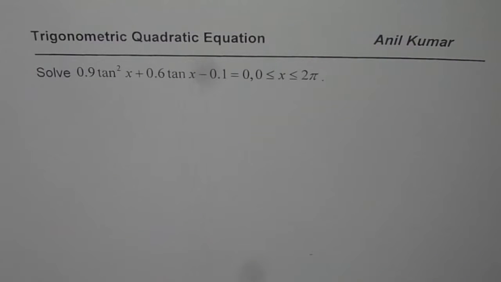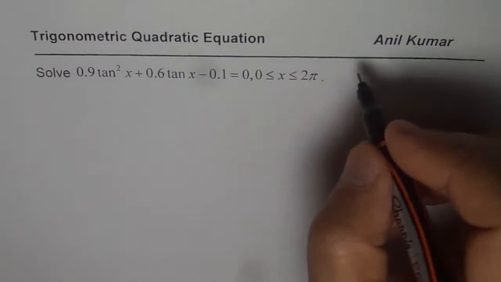I'm Anil Kumar, and now we will solve a trigonometric quadratic equation. The equation given to us is 0.9 tan square x plus 0.6 tan x minus 0.1 is equal to 0. So in this particular case, what we can do is we will actually use the formula,